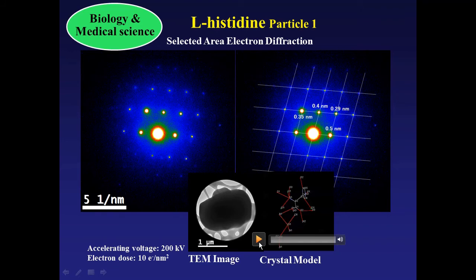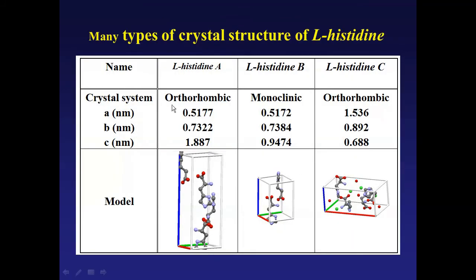Then we make a crystal structure analysis by electron diffraction pattern. This diffraction pattern was observed from crystals in many kinds of directions, then we identify the d-spacing and Miller index like this. We can identify the structure. There are two typical models, L-histidine A type and L-histidine B type. At first, there was no way to identify A type or B type, but only with this technique can we identify